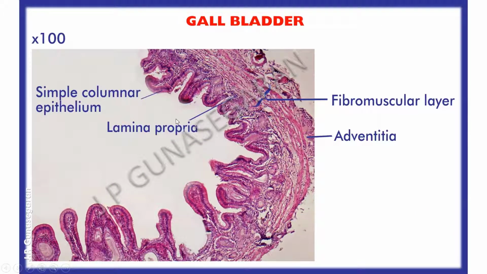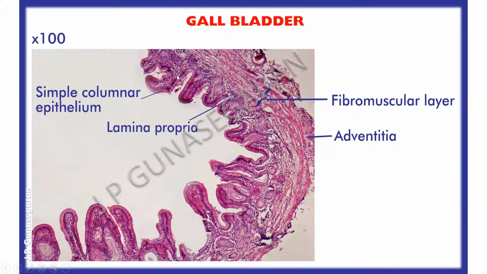This is a section of a gallbladder. Gallbladder is a muscular bag that stores and concentrates bile. The function of the bile is to emulsify lipid, facilitating absorption. Gallbladder is made of three coats, namely inner mucosa, middle fibromuscular layer, and outer adventitia or serosa. The mucosa is composed of simple columnar epithelial lining and the supporting lamina propria rich in elastic fibers.